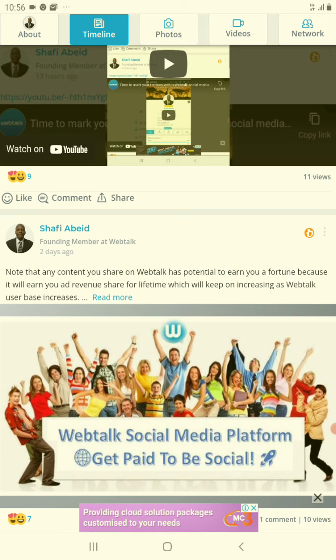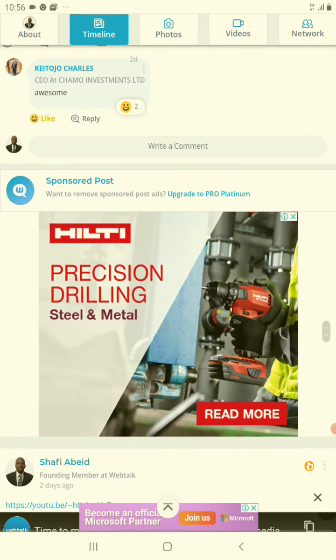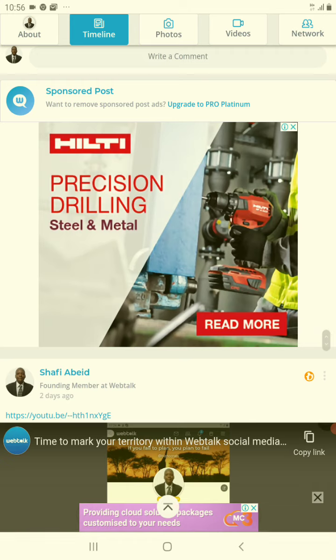But actually Webtalk shares 60% of its ad revenues with its users. Okay, so a person like Justin Bieber, if he opens his account in Webtalk and invites his fans to join him, is going to make a lot of money on this ad revenue share, because his pages will attract huge traffic, and for that matter he will be paid from that traffic without the need for him to sell a single ad. We are just talking about the ads placed by Webtalk itself. Okay, so